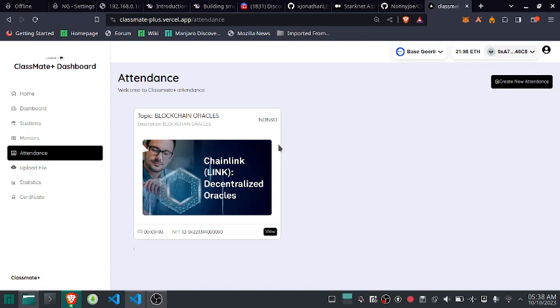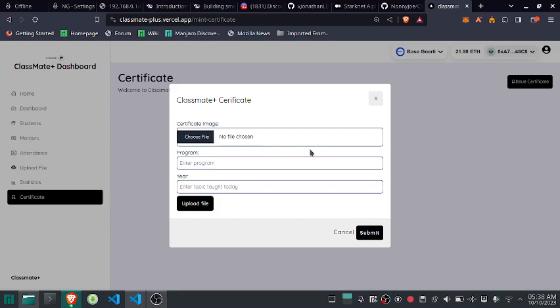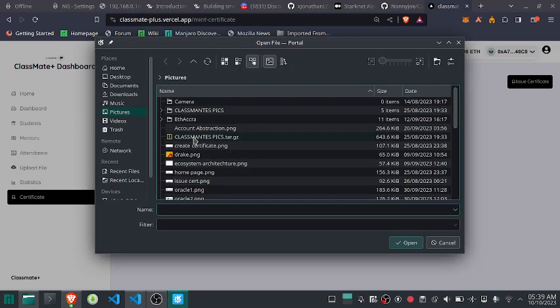Then one final thing I'd like to touch on before we go to the students demo is how to issue final certificates. So for example, let's say this program has run throughout the expected time for the program. So what we want to do is mint certificates to our users. So you navigate to the certificate section, you click on issue certificates, select the file,